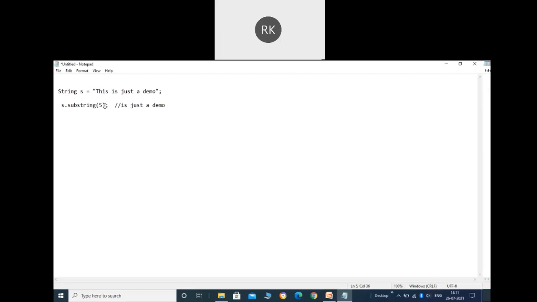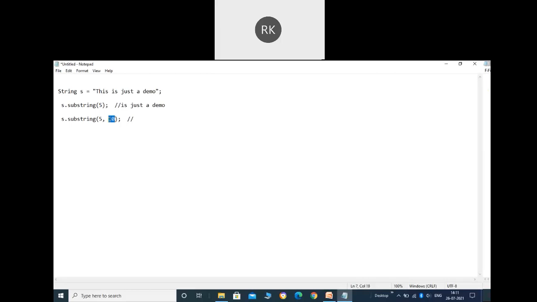So if you have not specified the second parameter, then it will go up to the end of your existing string. And if you want, you can also specify the end like this. Let's say 5 and let's say 10. In that case, what will happen? It will start the substring from the fifth position onward and will go up to 10.